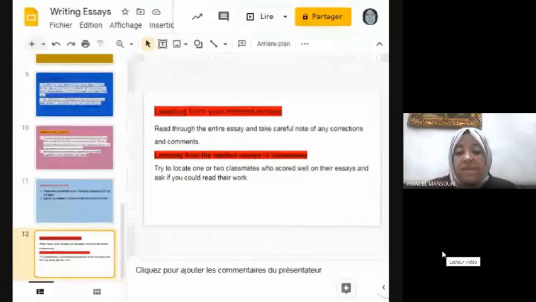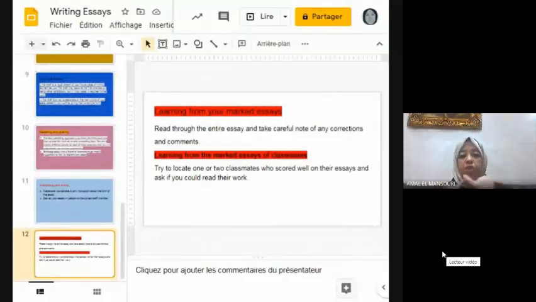Such transition words include, for example, furthermore, in fact, in addition to. You have actually many transition words that you can use depending on the type of your sentence.